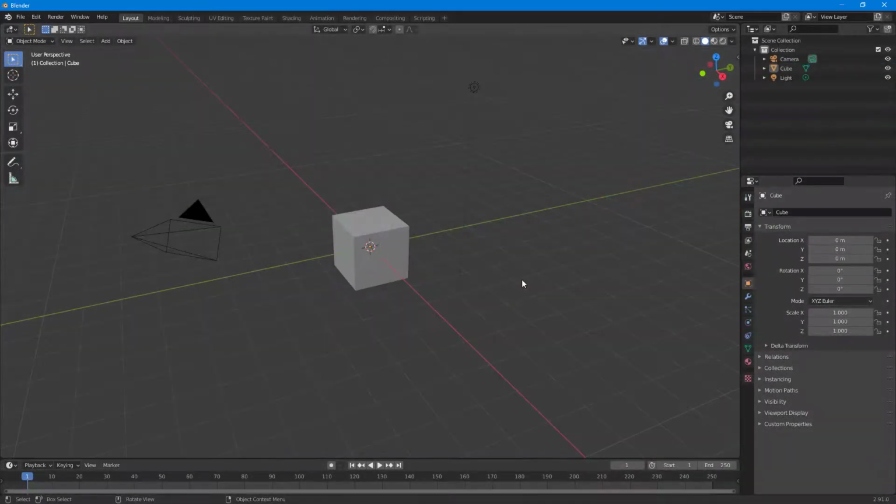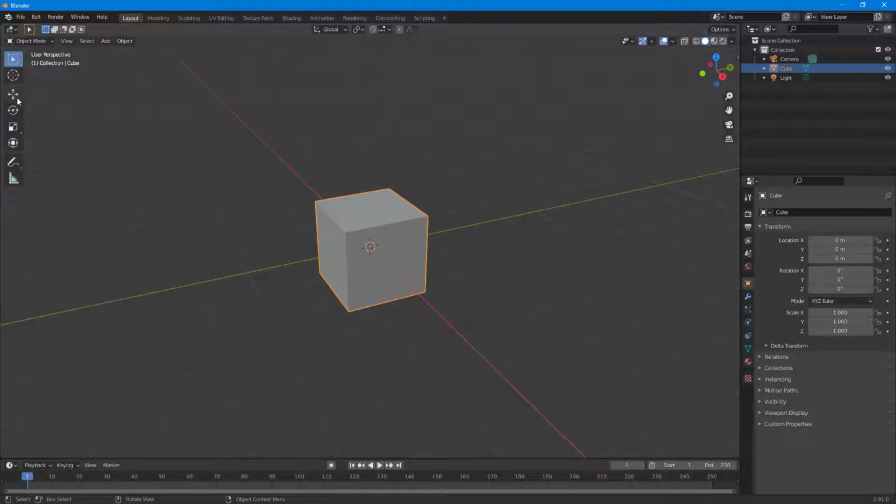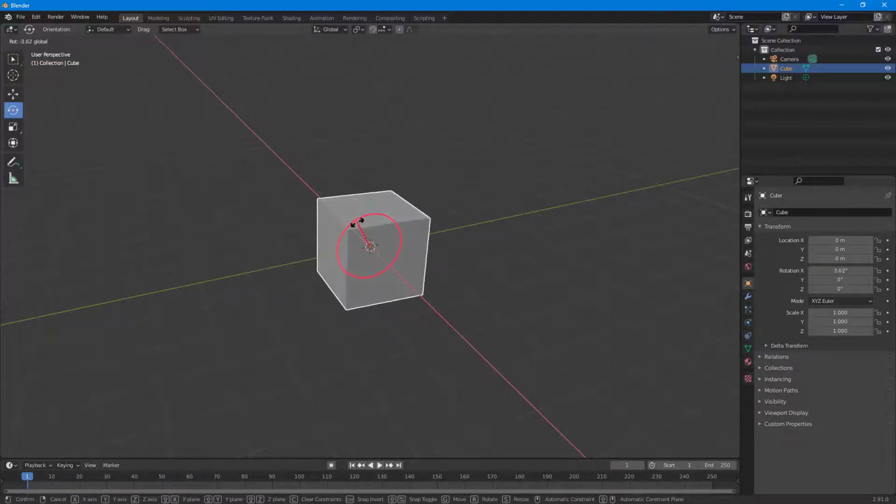So over here you can see that I have a Blender project, and now we're going to utilize the 3D cursor to make it act as a temporary pivot point to rotate around an object. So here you can see that I have an object. So if I were to actually rotate this around, then you can see that it rotates right on the center